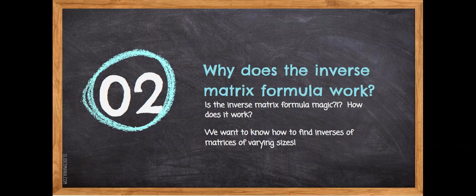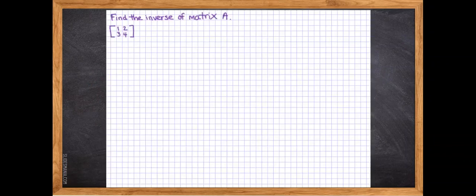Now, why does the inverse matrix formula work? Is the inverse matrix formula magic? We want to know how to find inverses of matrices. Matrices of varying sizes also, not just 2 by 2s. So let's take a look at another